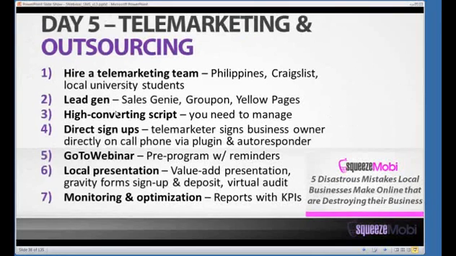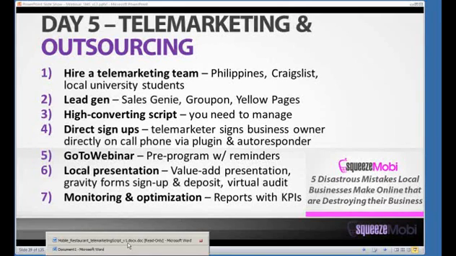And when you want to take that even to a bigger level, then all you do is you do either telemarketing, or now with the WP Lead Explosion plugin, it's so easy to set up a system and even expand outside of your city. Okay? And you just do the lead gen like I showed you through Groupon Yellow Pages, and whether it's a telemarketer that's calling on your behalf or you're using the WP Lead Explosion plugin, all you really need is one.